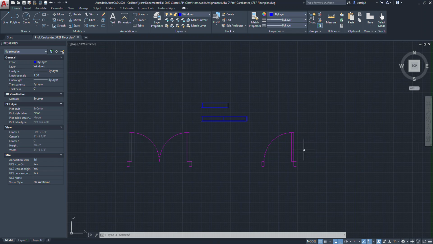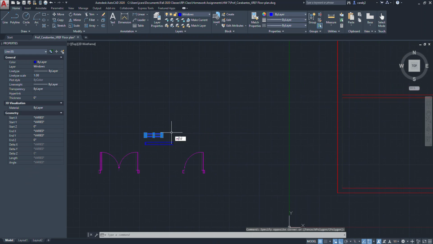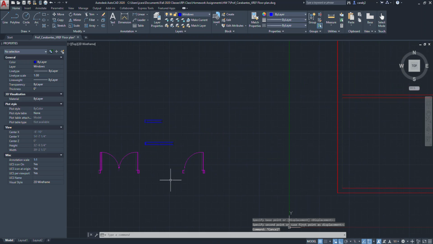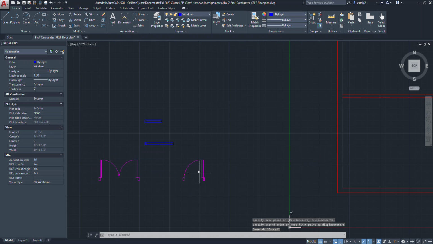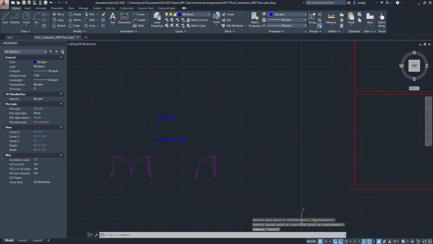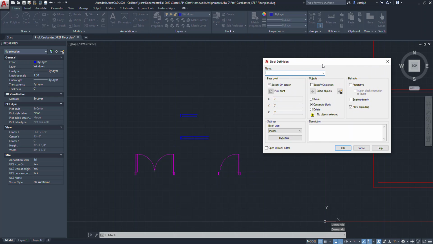Okay, so now that we have the doors and the windows, what we're going to do is just create a block for each of them. So I'm just going to move these and separate them so it's easier to select. Okay, so in order to create the blocks, I went over this in the last video. So you just go up here to create, and then the block definition window is going to pop up, and what we're going to do is just name the first one. We're going to start off with this single door. So what you're going to do is just type in single door,